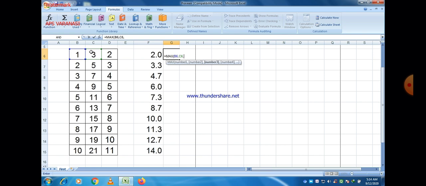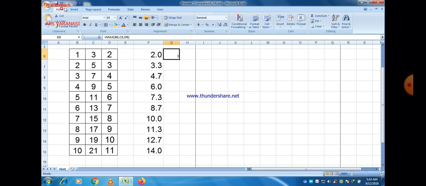So just select different values by clicking on the cells, so that the cell address is selected, and separate all the cells by a comma sign. So the maximum value available in different cells is here. So 3 is the maximum out of 1, 3 and 2.